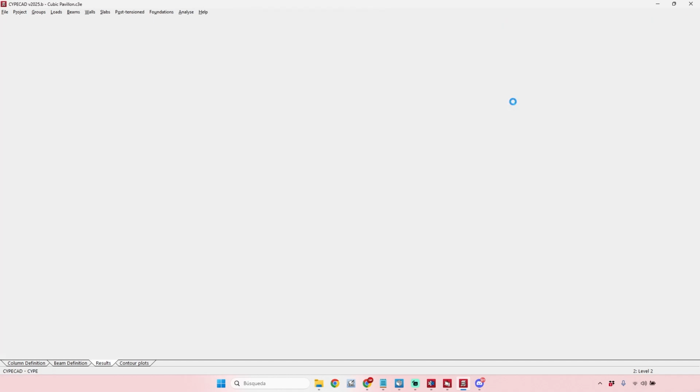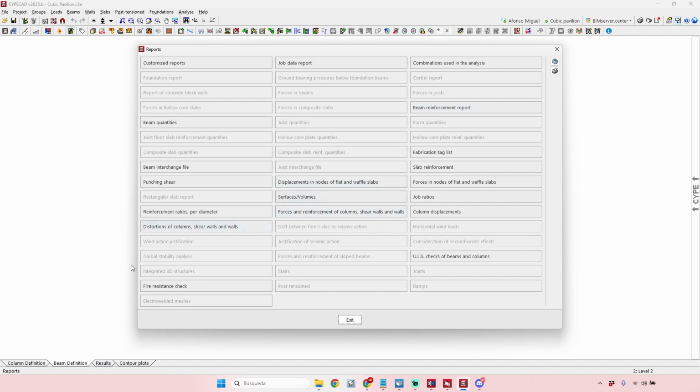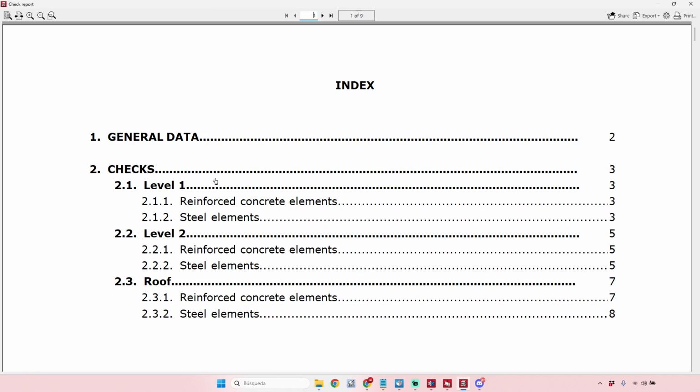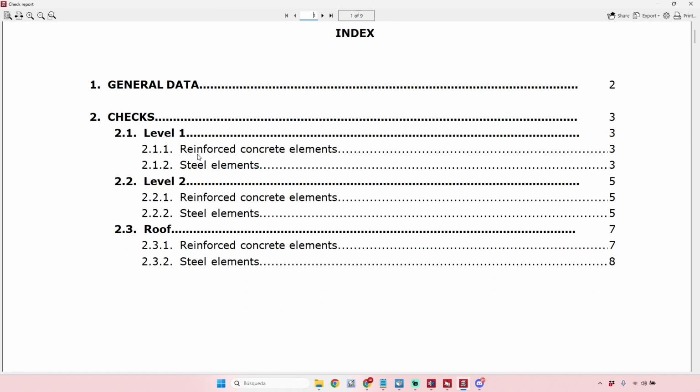Okay, the fire report, just the chapter related to the fire resistance check. Okay, just the fire resistance check. Here we can open this report, and it's a little bit more complete report. Here in this case we have 9 pages, and here we'll see not just the steel elements but also the